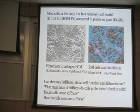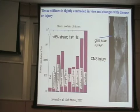and we'll look at these again later. Okay, so another motivation for looking at the mechanical effects is that mostly bioengineers have measured the elastic moduli of any tissue that they can get their hands on. And there's a vast literature that we've made some weak attempts to cull together. And in the literature, of course, it's confusing, but one of the things that is important, because as Jean-Francois mentioned